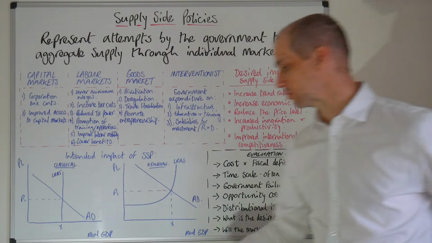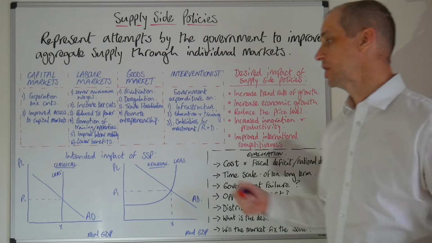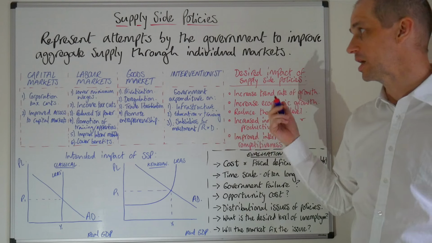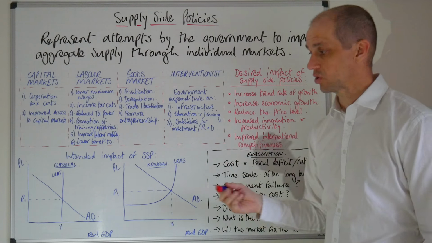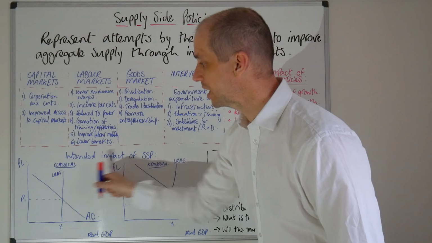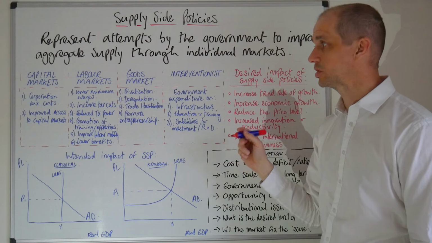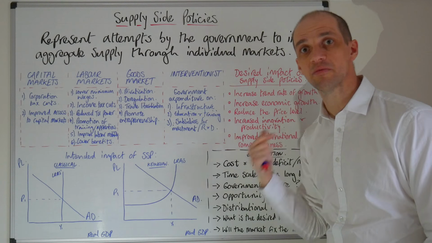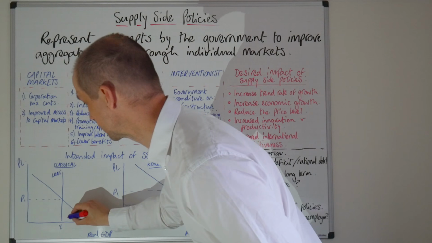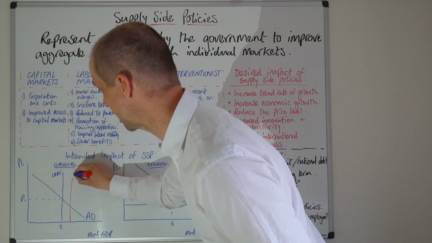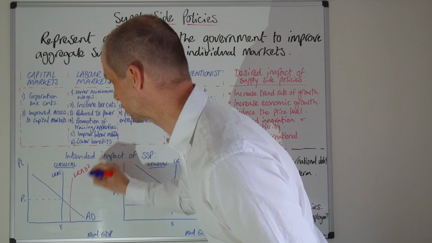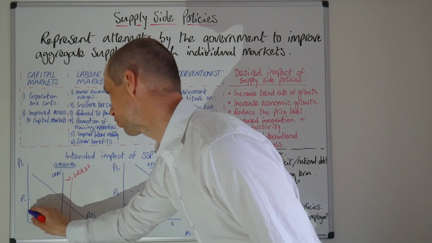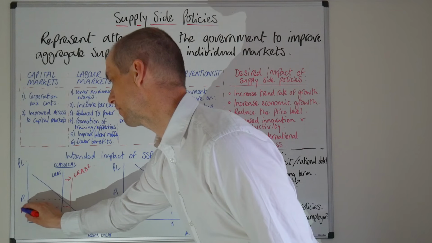Okay, so let's now just have a look at the diagrams for this. So I've just drawn out a classical and a Keynesian diagram here, and we can just illustrate the intended impact of these supply side policies on both diagrams here. So we get a shift of the long run aggregate supply as a consequence here. It's worth noting that many of the effects that we see here, of course, will have a microeconomic impact on the marketplace in these areas. But the intention, of course, is to shift the long run aggregate supply curve, and we can see that here, and we can see that economic growth increases while the price level falls.